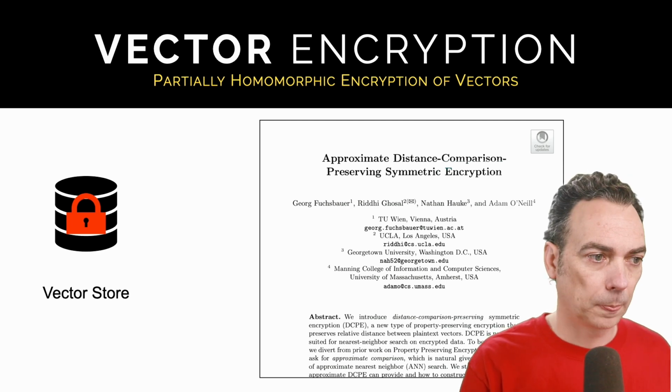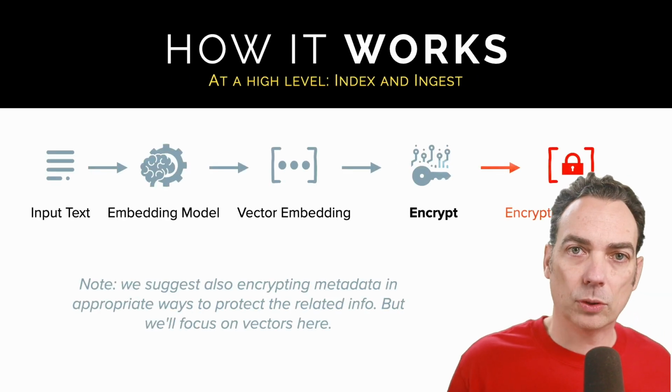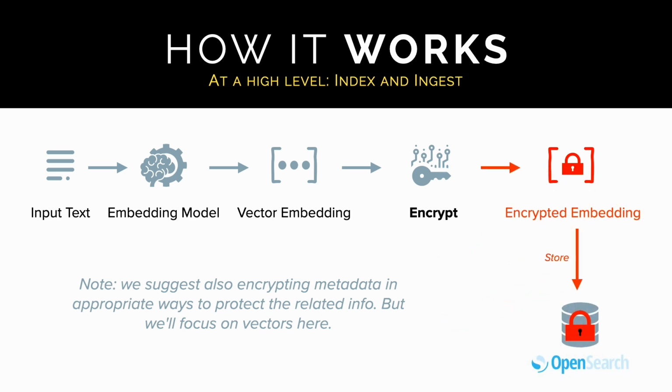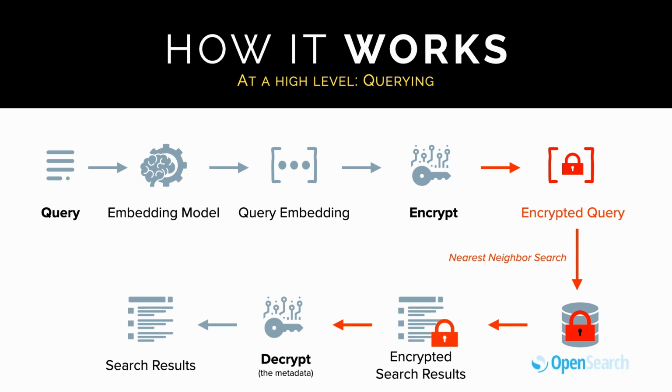It's pretty cool. How it works at a high level is when you take that input text, you run it through the embedding model, you call encrypt and you pass in a key, and then you store the encrypted embedding. Later, when you want to query it, you also have to encrypt the query with the same key in order to get back meaningful results. If you don't have the right key, you can't make a meaningful search. You can't find a foothold into the data to understand what it is or what it might mean.